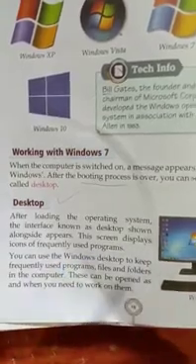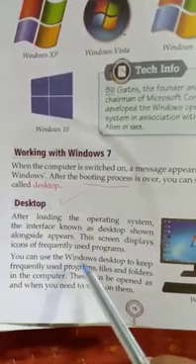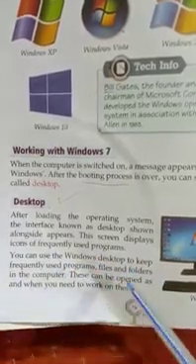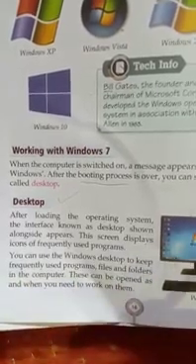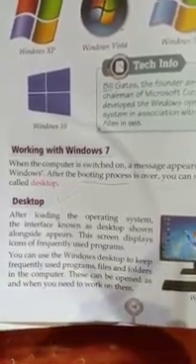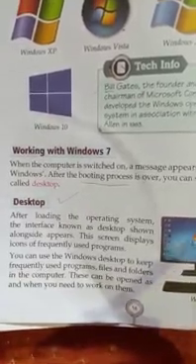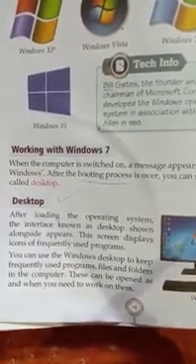Frequently means repeatedly or continuously used programs. You can use the Windows desktop to keep frequently used programs, files and folders in the computer, continuously or repeatedly used programs, files, folders, etc.